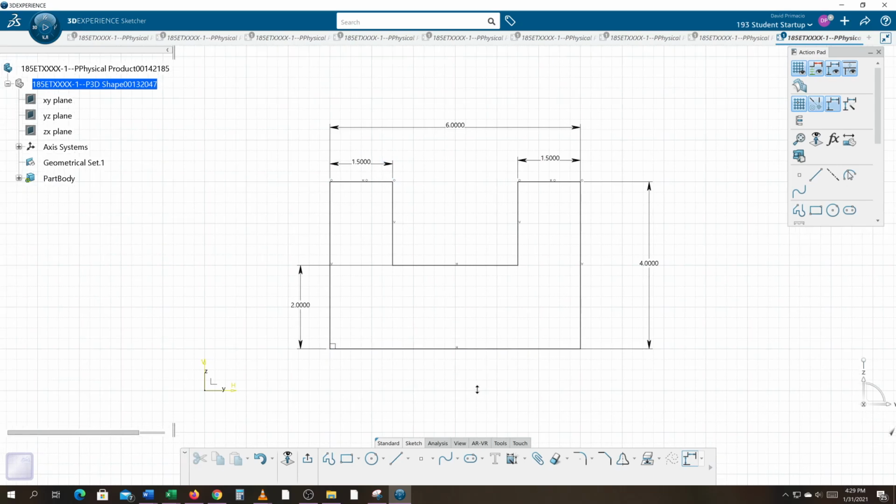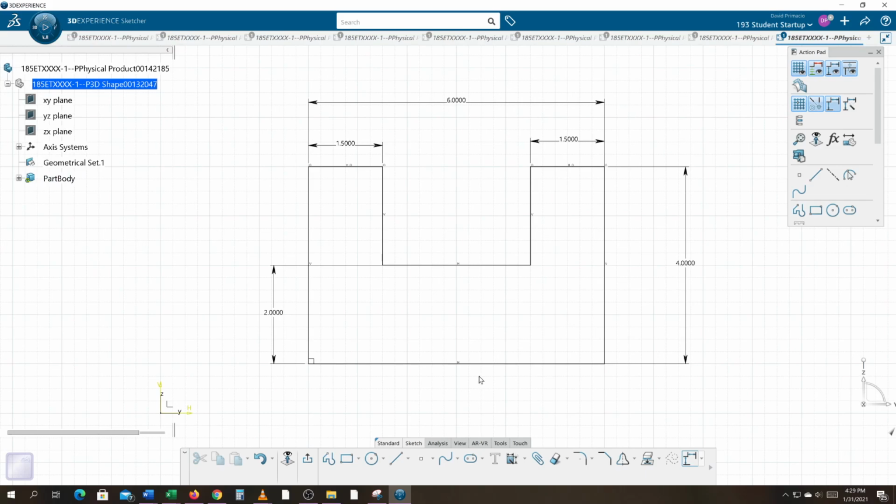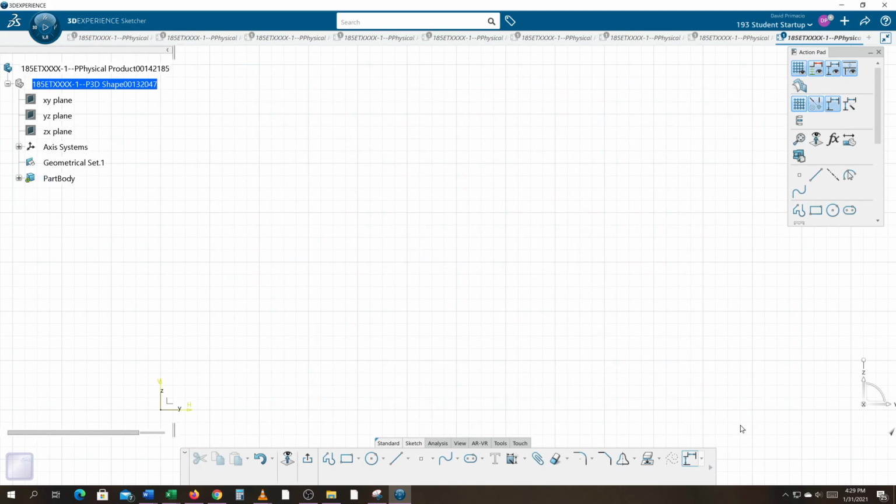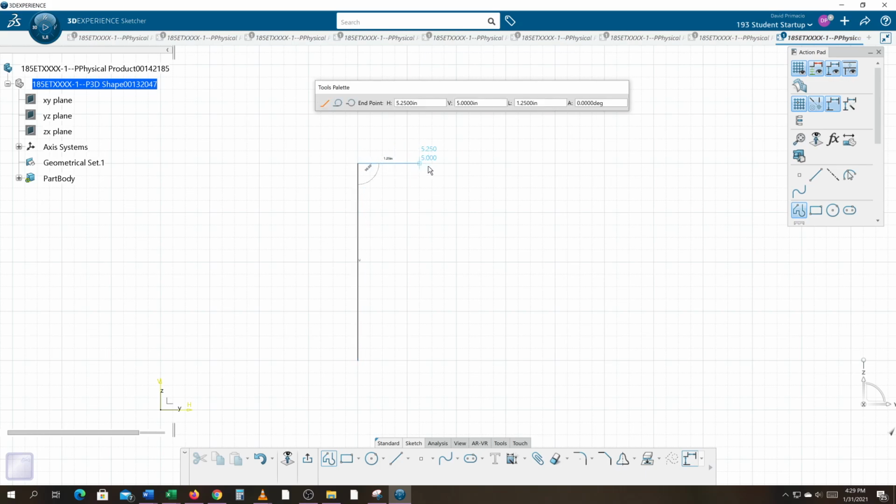Okay, so I created 2 rectangles and then did quick trim. I'm going to highlight this, delete that. I'm going to use profile. We'll do basically the same thing. I'll come up 4 inches, go over 1.5 inches, come down, let's go here, is that right? Here,